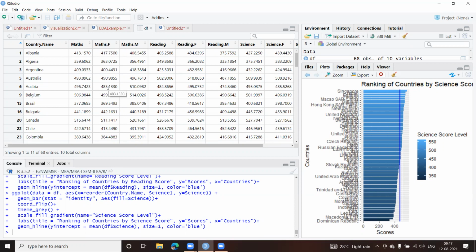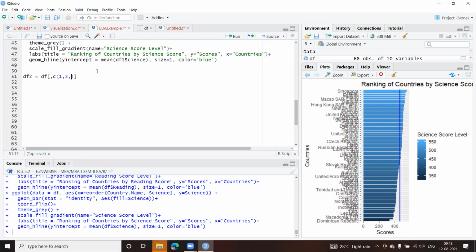Let us take the female value, these values, F and M. So I'll take this 2. I'll take country. I won't take this combined one. I'll take and we'll try to give a box plot. So I'll take country. I'll take the maths female score, male score. So 3 and 4. I'll ignore 5. 6, 7, I'll ignore science. And then I'll take this 2. So 1 column, 3 columns I'm going to ignore from here. So let us do that. So I'll give 3, 4. I'll ignore 5, then 6, 7, ignore 8, and give 9, 10. Okay, fine.